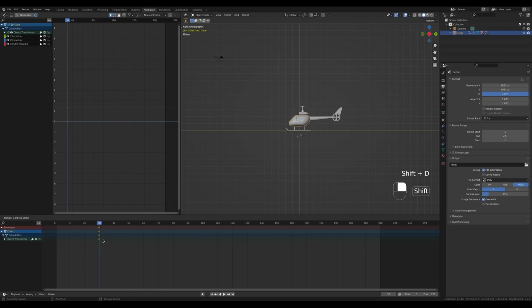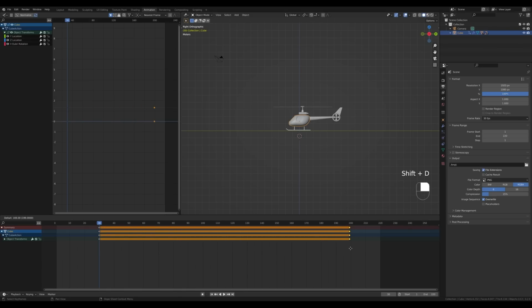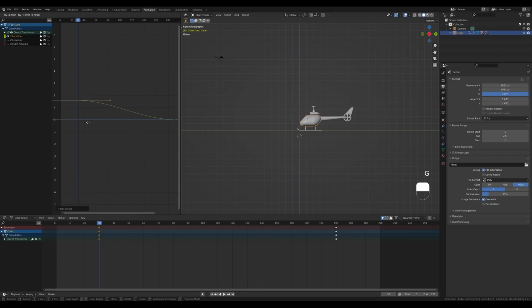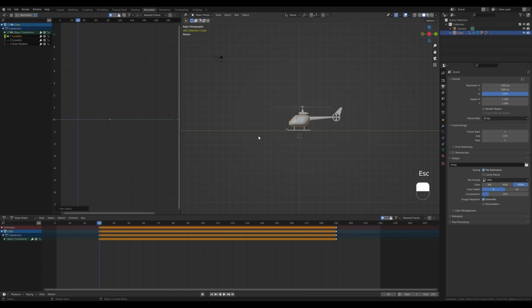And now let's press Shift D and duplicate these keyframes all the way towards here. So this is where the helicopter will land, and we'll have another 30 frames to slow the propeller down and prepare it for frame 1. Now let's disable Z location and X rotation, and we'll be working just with these keyframes. And we can already see we have some keyframe right here, and if you move it up or down, you can see the helicopter moving front and back.